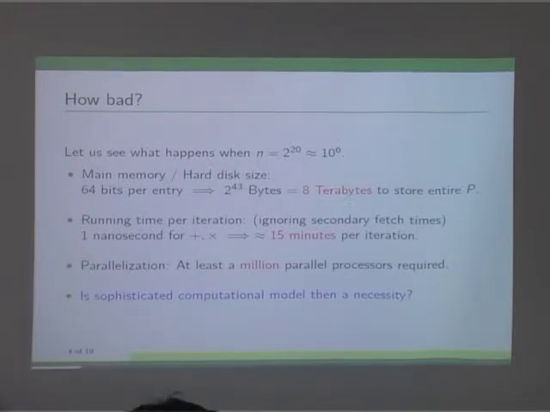So one can see that, forget about main memory, your hard disk itself will need to be really large. So how do we go about doing this? If I assume some 1 nanosecond for an addition or multiplication, then a rough back of the paper calculation gives that each iteration will take at least 15 minutes. But this ignores the fact that your main memory is small, so you will have to do multiple fetches from the secondary memory. Because of that, this number going into hours or days is not unimaginable.